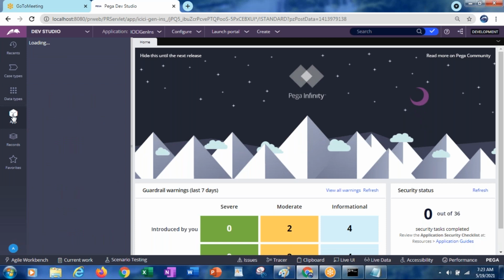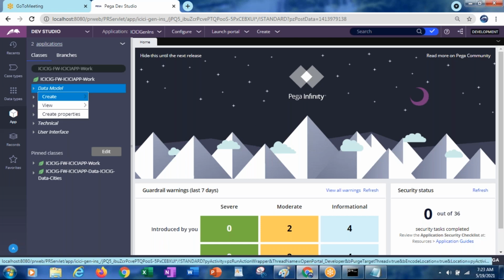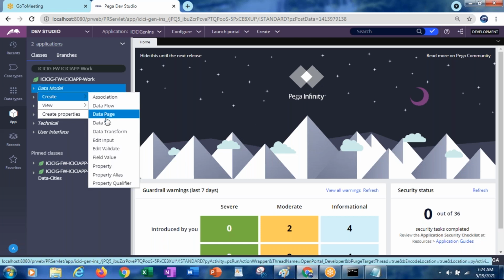Go to the app, and in the data model category, create, and here you will see edit validate rules.